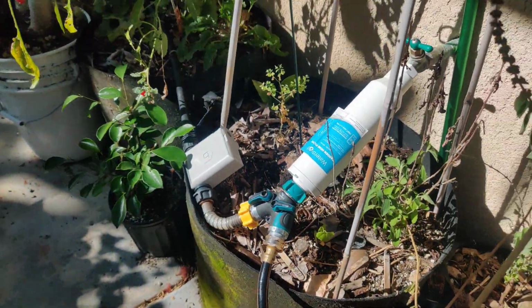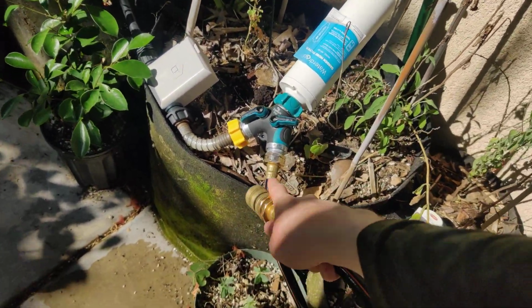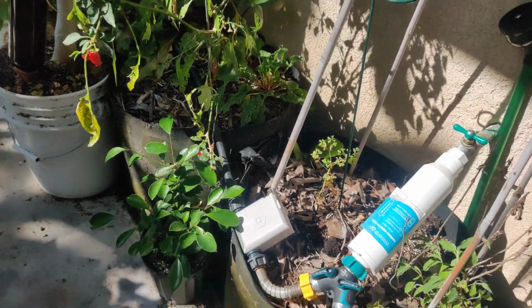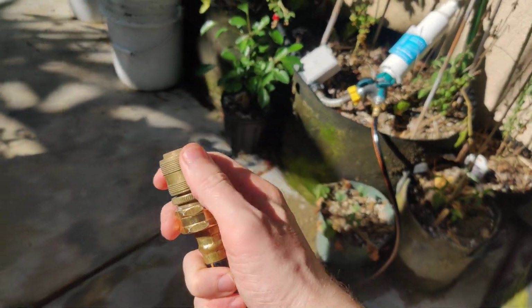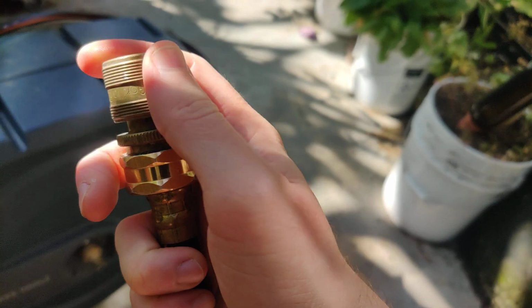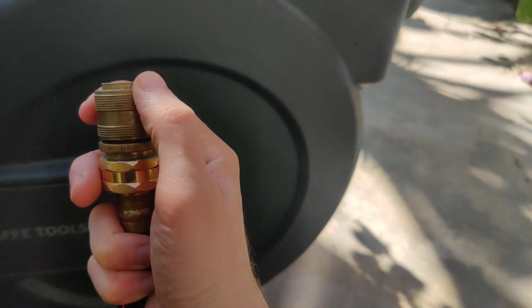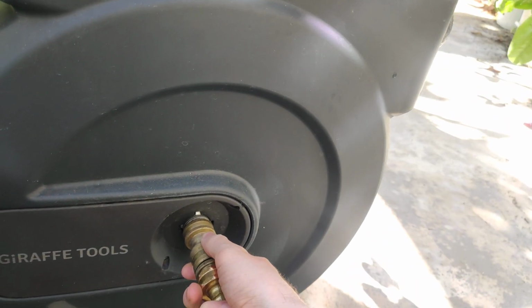So I've got my faucet right here, my filter, and then my splitter. This goes off into my drip irrigation, which I've talked about in another video. But here's my little connector, and these are quick connects, which are a godsend if you haven't heard about these before. So I will take this, and you pull back on this little guy here, and you plug it in,